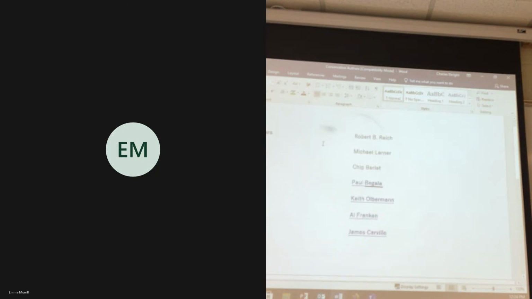A few more from the left. Robert Reich served in the Clinton administration, Secretary of Labor. Paul Begala was campaign manager for the Clintons. Keith Olbermann's an interesting guy. He used to be a SportsCenter anchor. So he was in the sports world, and he was really good at his job. But he really wanted to get involved in politics, so he got a show. He was on ESPN. Then he got a show on MSNBC. He got fired because he was a little too radical even for MSNBC. So he has his own internet TV show and has written several books.